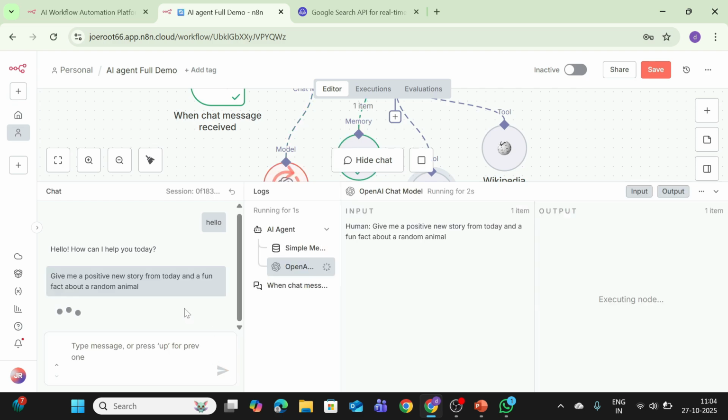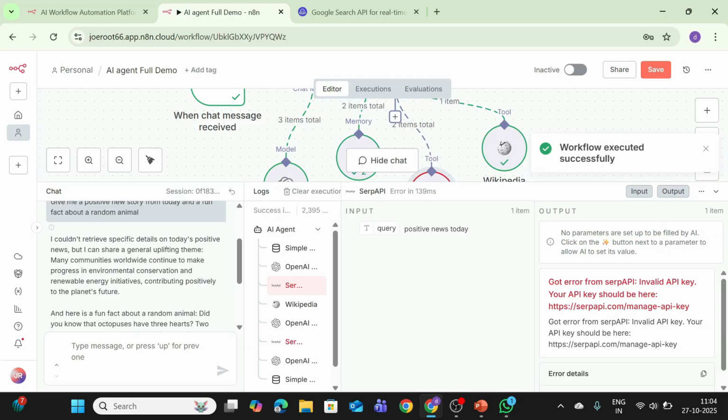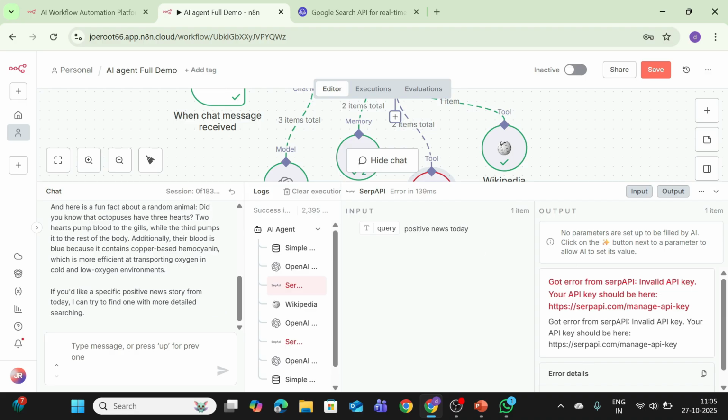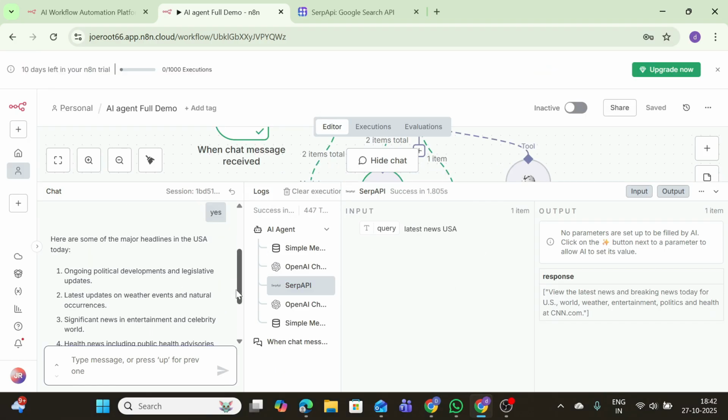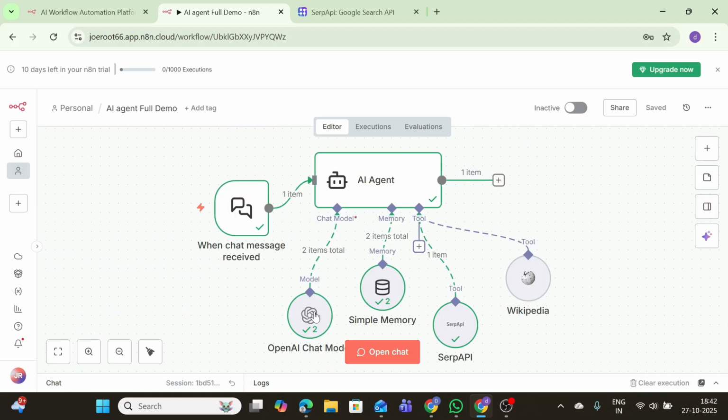Okay, let's see if it's giving me a response or not. If it's giving me, then okay, invalid API. Okay, here they are providing me information. It means it's working. Now, as I have given some prompt here, they have responded completely. And now we can see that our SERP API has worked completely along with all the previous nodes which